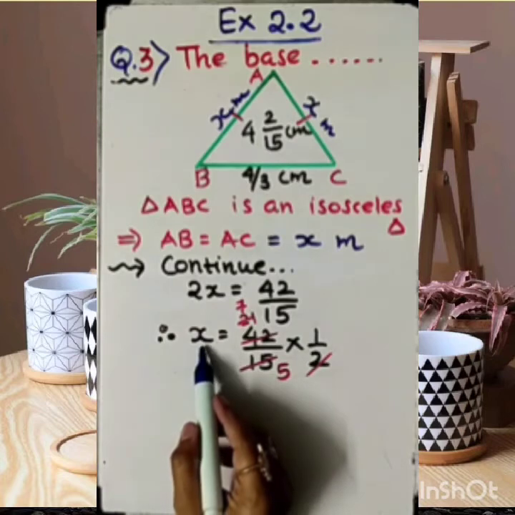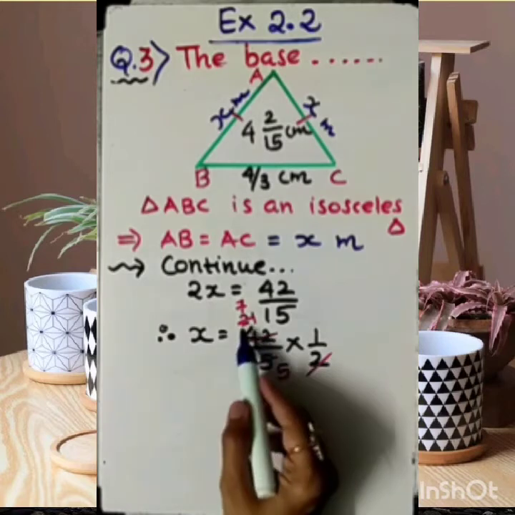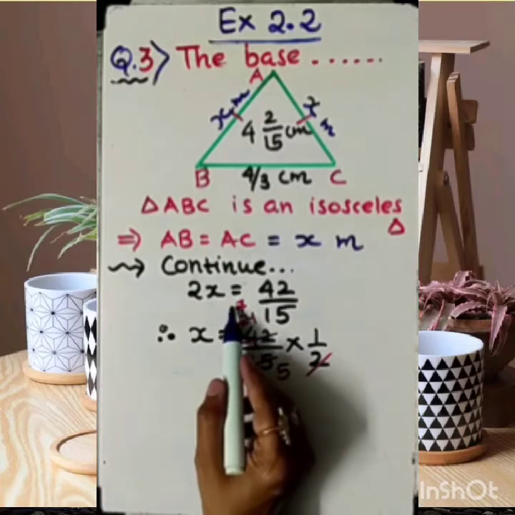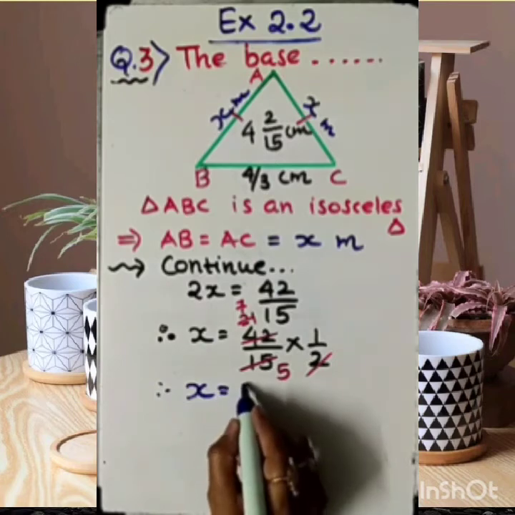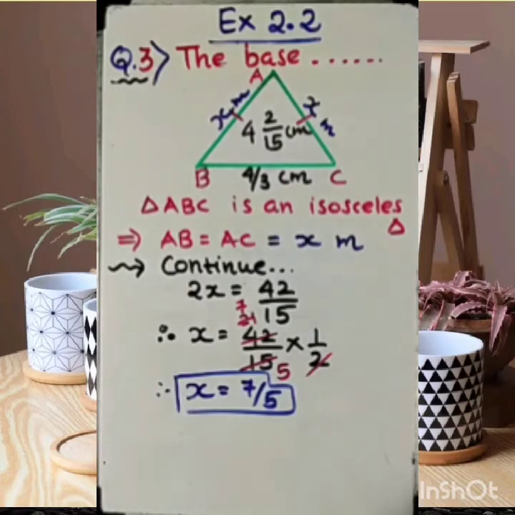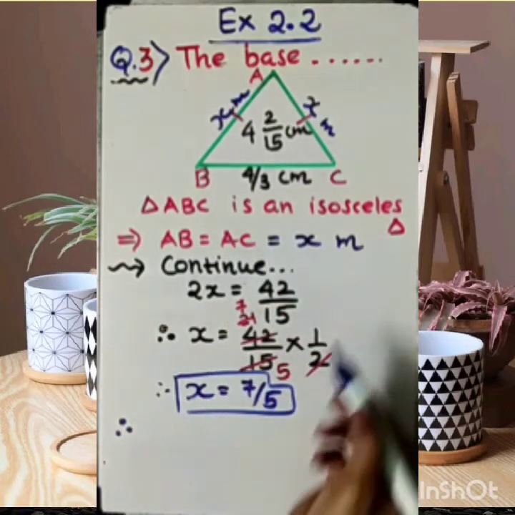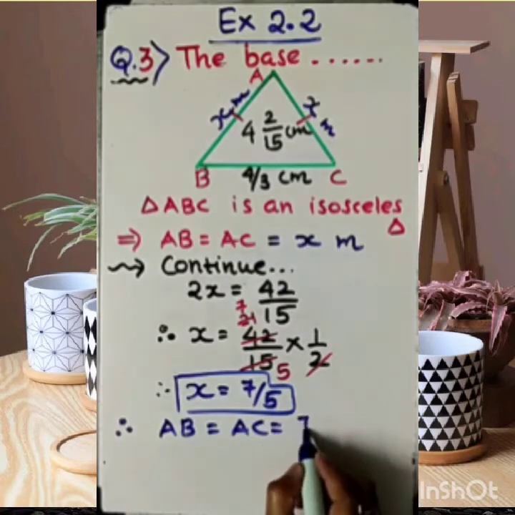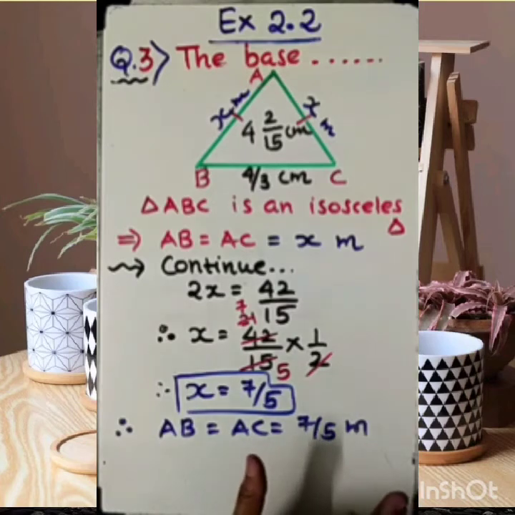So dear student, I am explaining this step again. x equal to 42 by 15 into 1 half, as we have cancelled with this 21 2 ja 42, 21 is there. Now 3 5 ja 15, 3 is again common with that. So it will remain 7. So the final answer with us is x equal to 7 by 5. Fine. So what we have assumed that x is the equal side. Therefore, we need to write here AB equal to AC. So that is also AB equal to AC equal to 7 by 5 meter. As this is the side of an isosceles triangle.